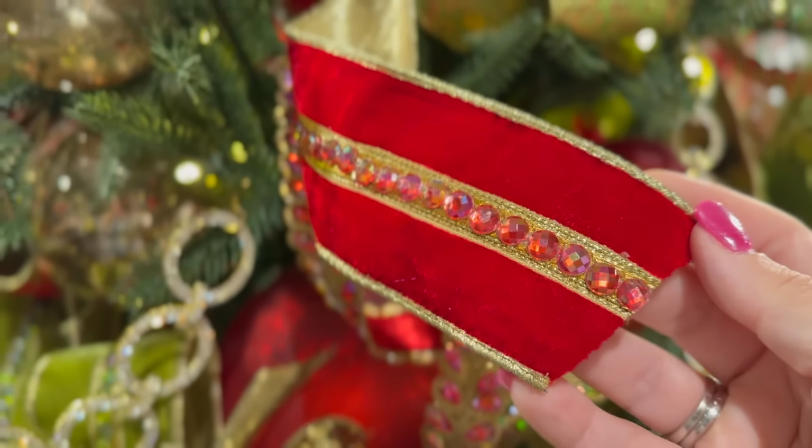Let's talk about doing a traditional tree, and then you're wanting to maybe incorporate some black colors. So this year, there's a really popular ribbon out like this. It's a really pretty red and green. And then they just incorporated a smidgen touch of black in there, which you can kind of see. So if you've traditionally done a darker green, like we have here, or maybe a red, or maybe you've done a green and black tree, or a black and gold tree,